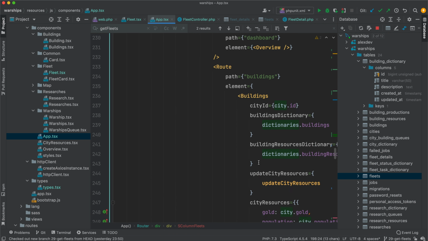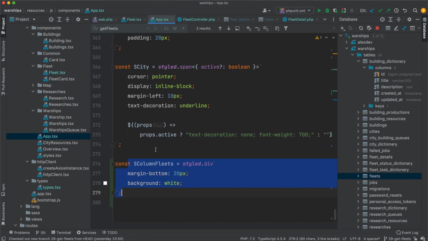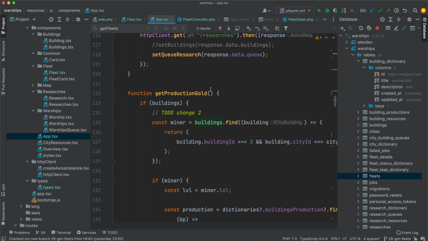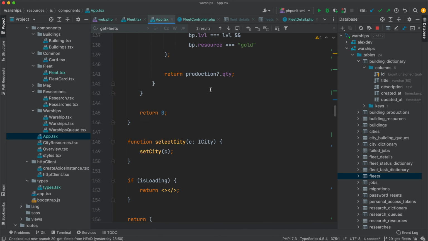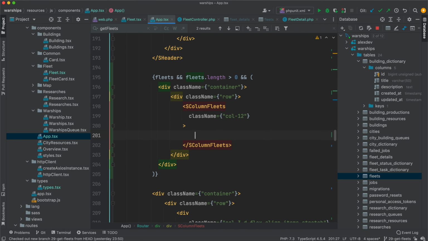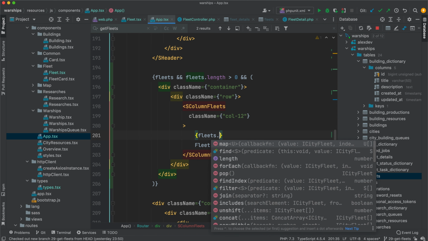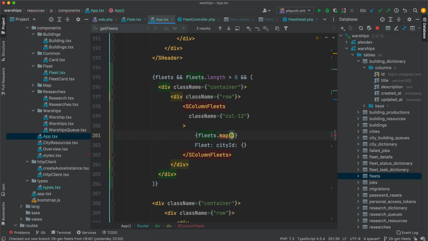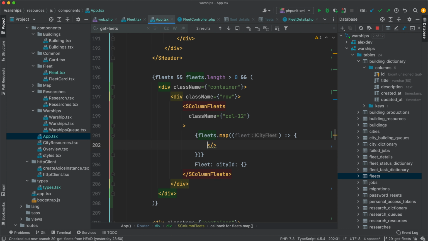I will add something like this: column fleets, margin bottom, and background. Now I will just print fleet information. I will map all my fleets, of course, and I will return